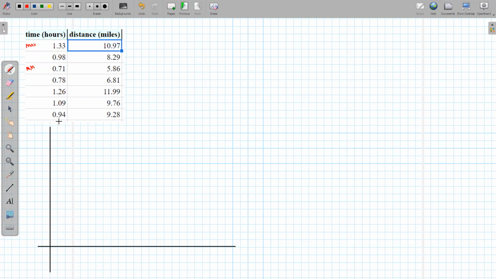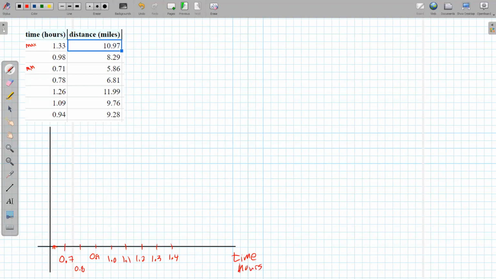So there, I don't even need to see 0 for time. So what I'm going to do is just make a little squiggly mark here. I'm not starting at 0. I'm just going to start over here at, say, 0.7. And I think I have enough room to make every other one. So this right there would be 0.8. And every other, this would be 0.9. Every other 1.0. 1.1, 1.2, 1.3, this would be 1.4 over there. So you've got to kind of play around and figure out a scale that's going to work for your numbers. So that's my scale for the time in hours.